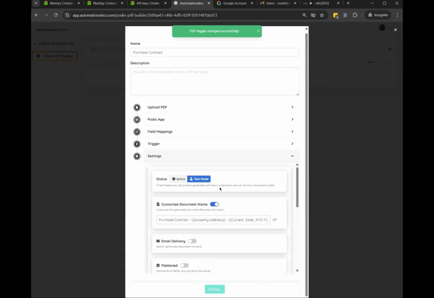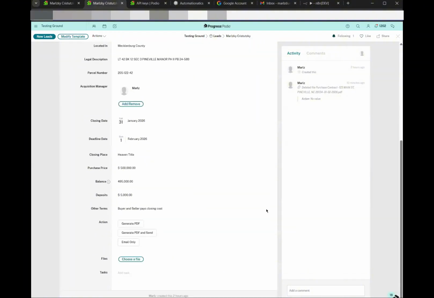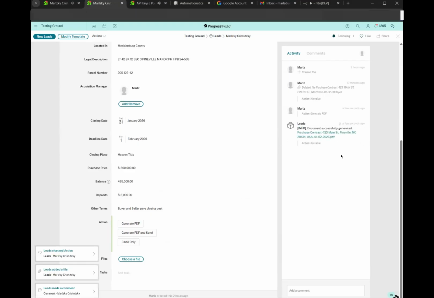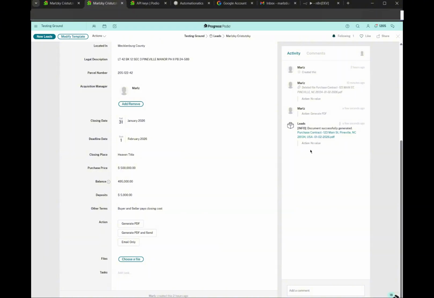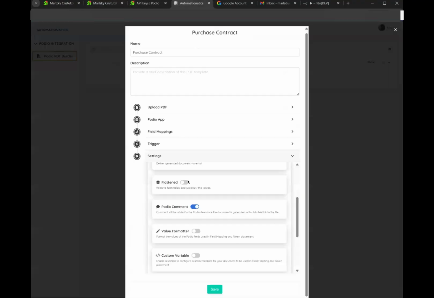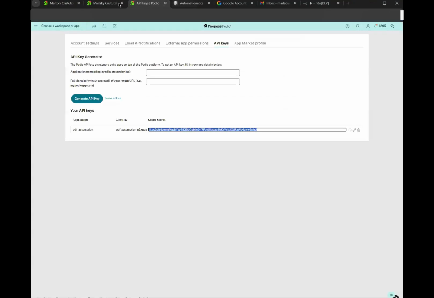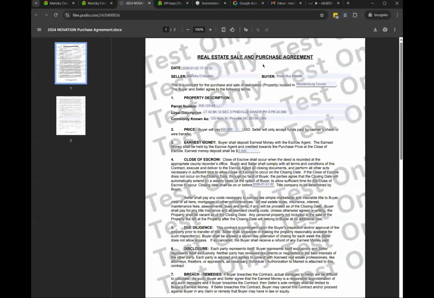And save it. All right, let's now test this. There you go. So there's a comment added here because I enabled the Podio comment here. All right, so here's the generate PDF, and as you can see, the triggered action button is unticked. That's due to the option here. Now, if I open this PDF here, you'll see that all of the mappings are triggered,